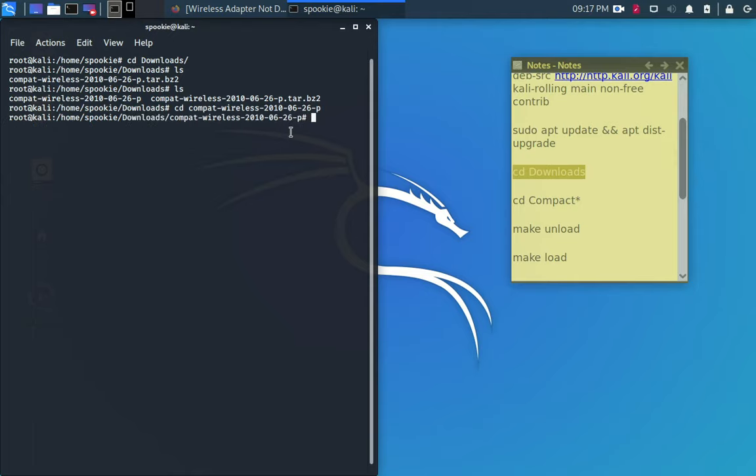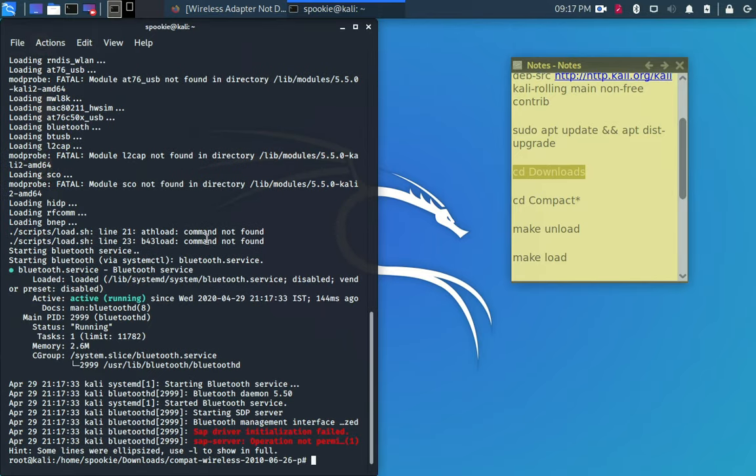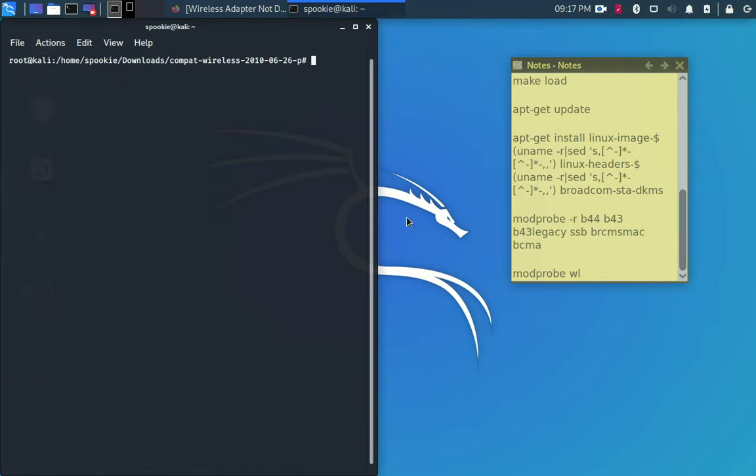Okay, click enter. Then make unload, click enter. Okay, then write make load and click enter. After this process you can see Bluetooth over here. And what next you have to do is write apt-get update. So we'll copy this apt-get update, paste it over here and click enter. Mine is already installed,